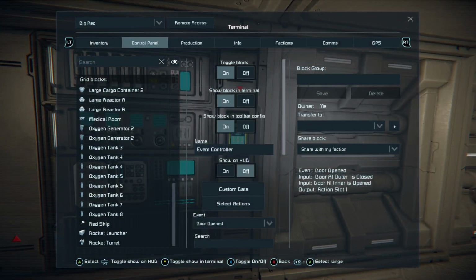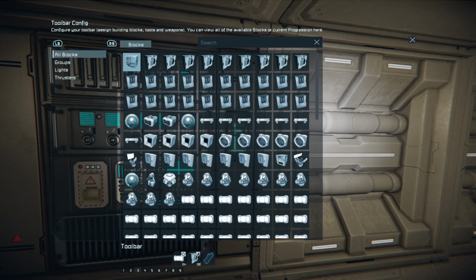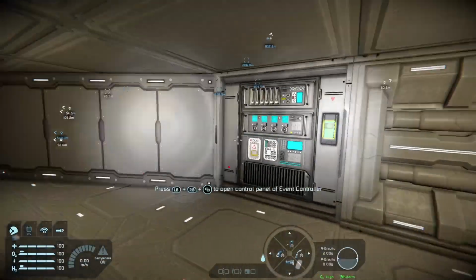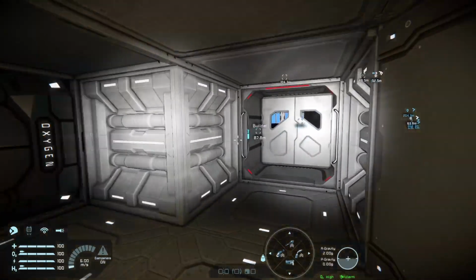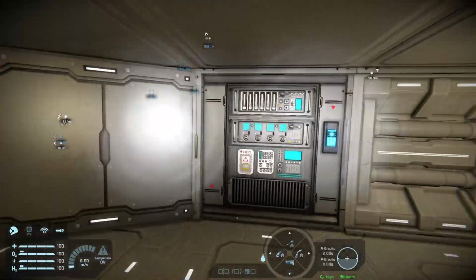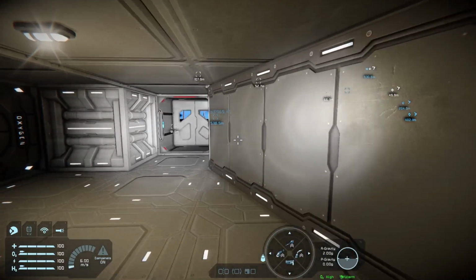And remember, you can cycle through the actions when you're selecting blocks by tapping the left and right bumper. You can have up to 9 actions in slot 1 and slot 2. So you can set 9 things off using one event controller. Very handy if you want to do a bunch of things if a connector is connected. Rather than having to put multiple event controllers on the same thing, you can just have one event controller and control 9 action 1s and 9 action 2s.